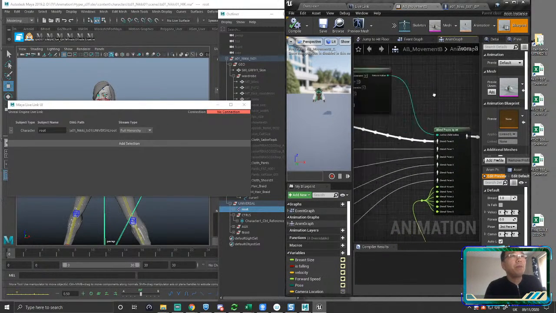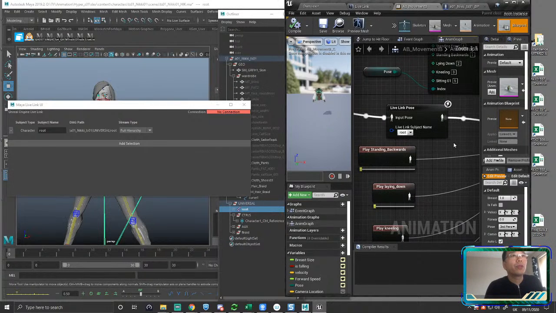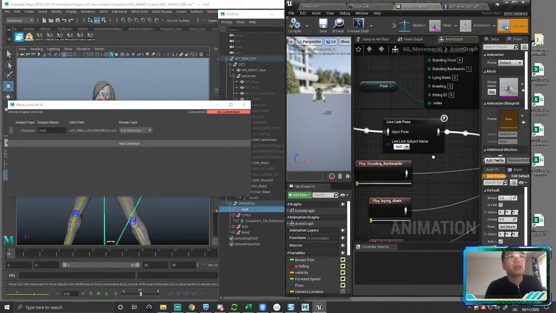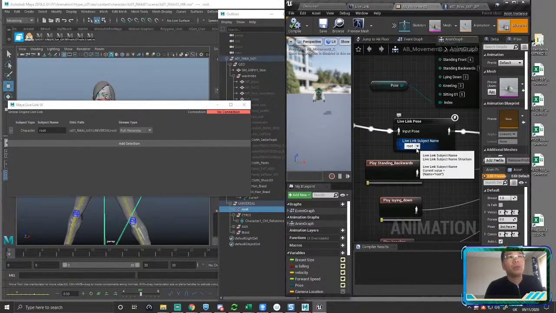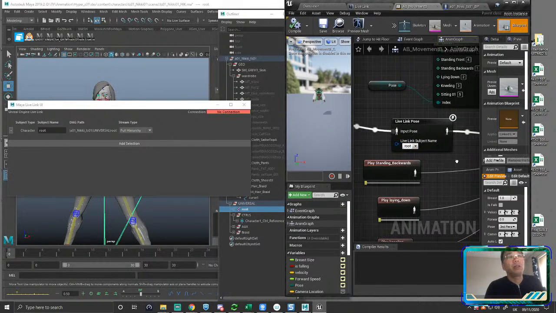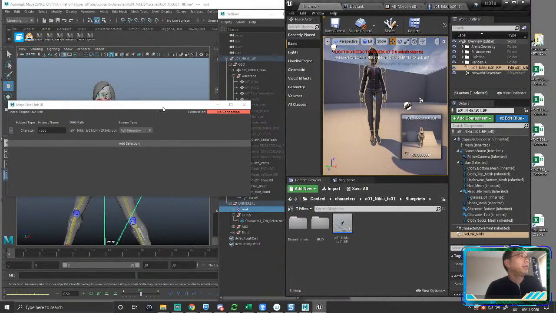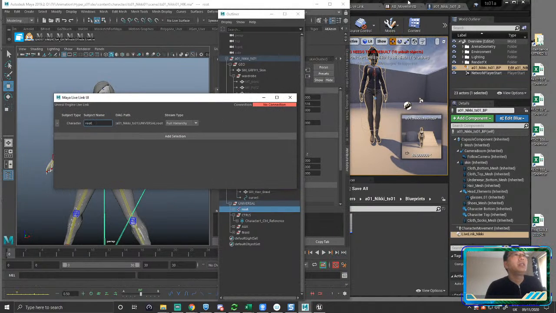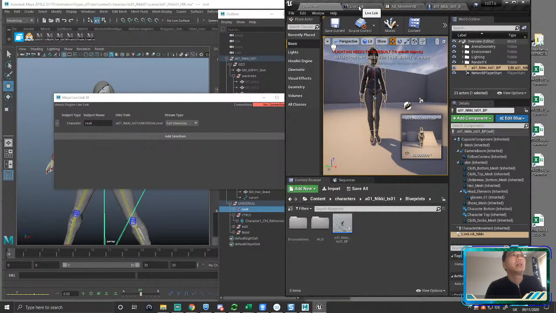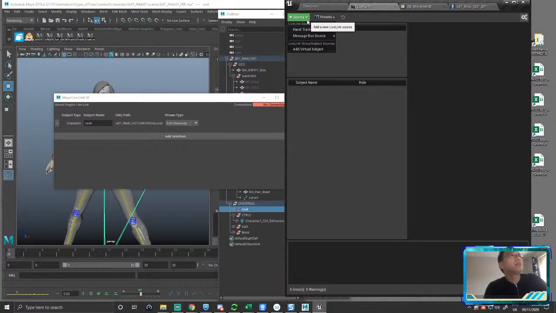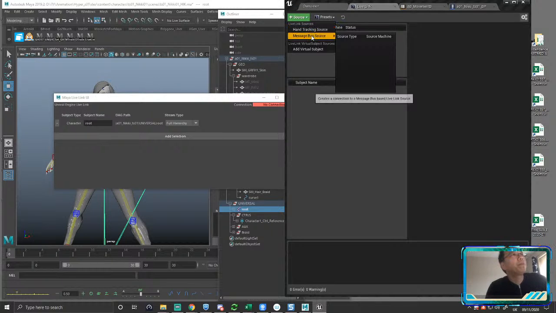Yeah. See, the AB movement is saying that we are going through this, grabbing the root node, everything under the root node, and sending it up the animation pipe. But it is not working here yet. I think this is the biggest source of frustration for me at the moment, is that there is no, so